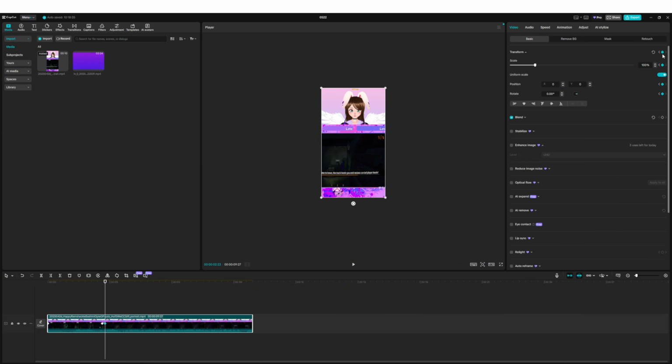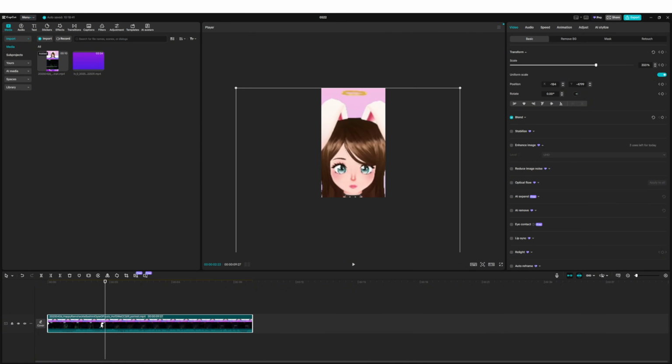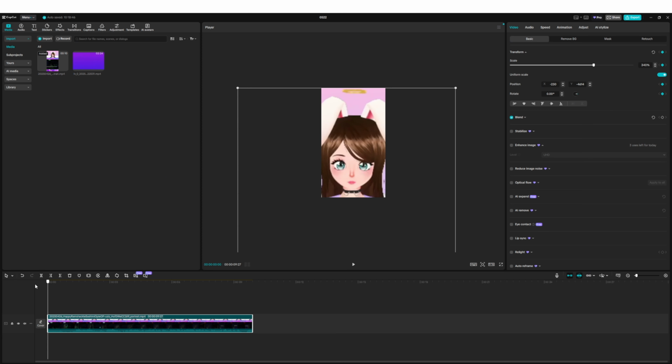So let's get rid of these keyframes. So this is how it's zoomed in. There's action about to happen here, but we want to keep seeing her until the very specific moment that it happens. So we'll hit the keyframe,